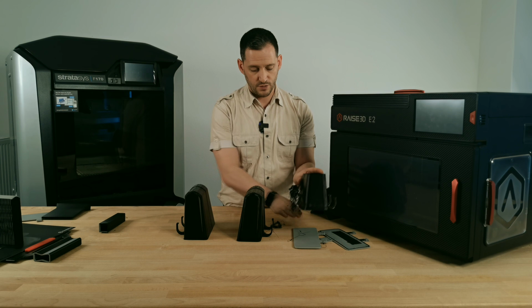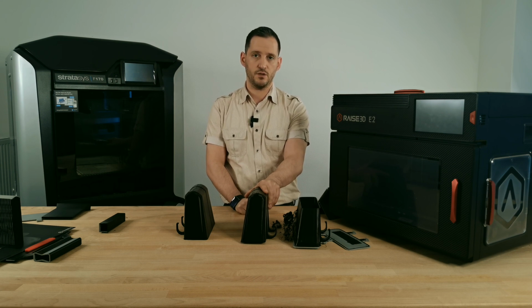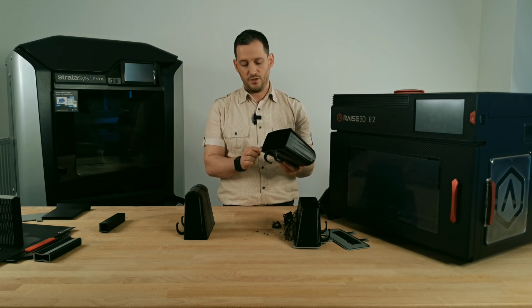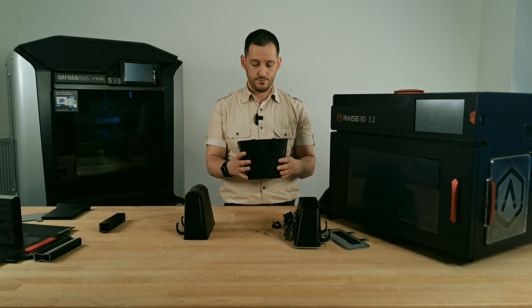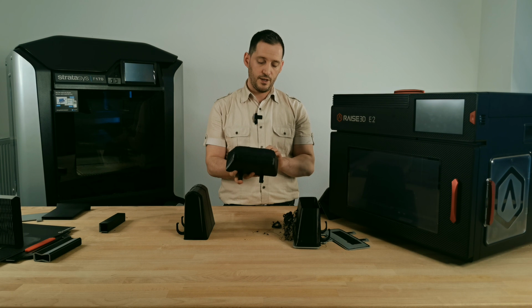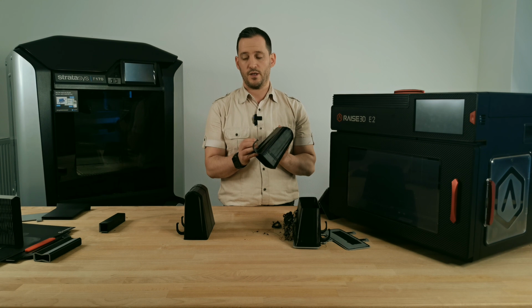So I just got rid of the base of the raft and printed it directly onto the bed by using an adhesive, a glue stick. And despite using the glue, the corners lifted off again. So I would say the Raise3D printer just failed this part. And the layer lines are okay, we don't have any inconsistency here, but the surface on the top is rough, and dimensional accuracy is not as good as what we have with